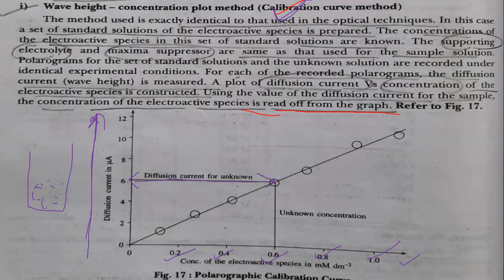Okay, and from there it crosses this line, from where you have to come to the x-axis. So it may be here, not necessarily over there only. It may come anywhere, that reading may come anywhere, from where you need to come to the x-axis.